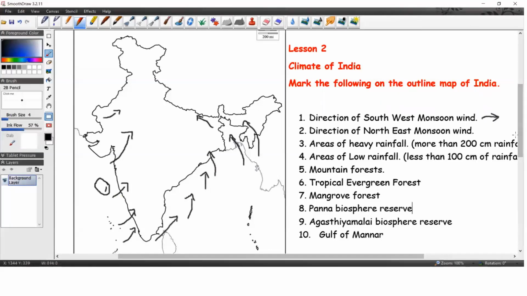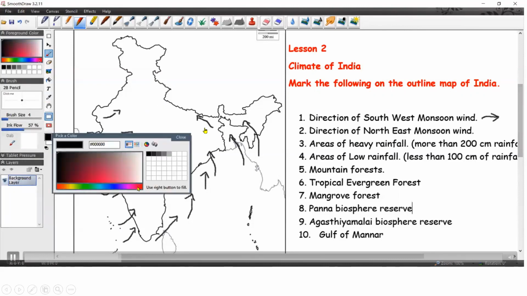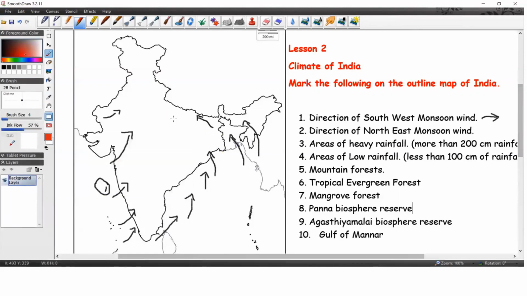And the second one is the northeast monsoon wind. The northeast monsoon wind blows from the high pressure landmass to the low pressure ocean. So it blows from the Indian landmass to the ocean, and it is a dry wind. The northeast monsoon wind blows from the Indian landmass